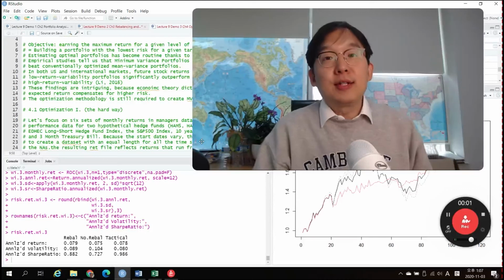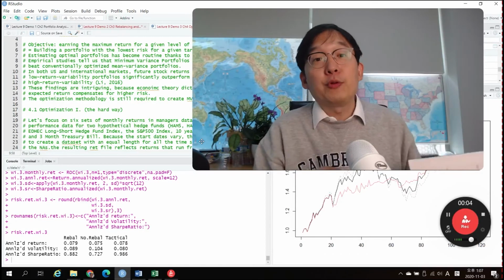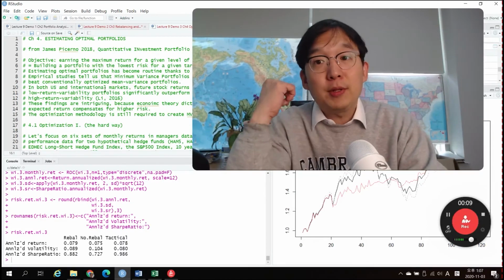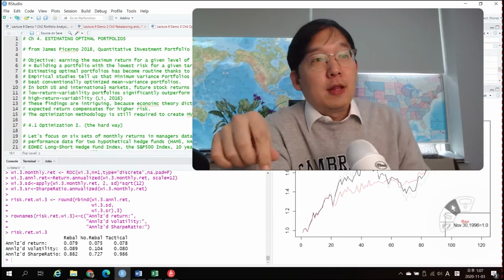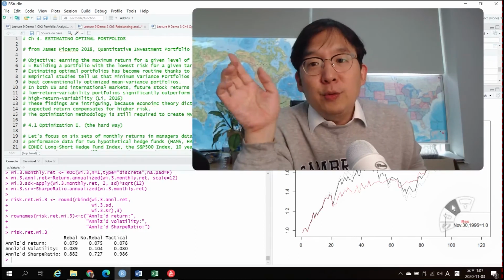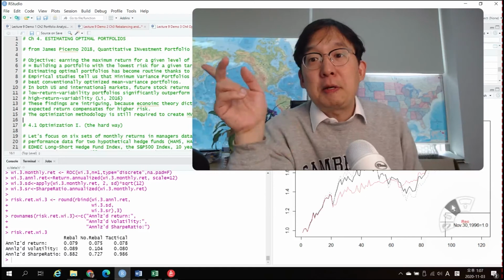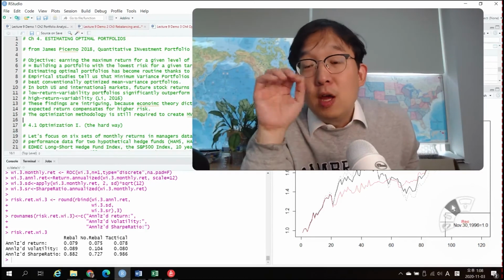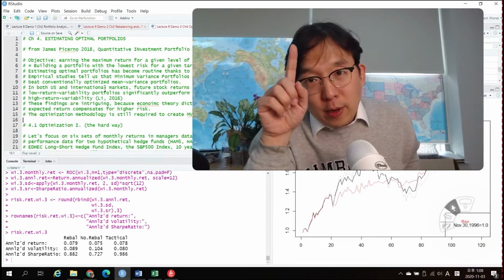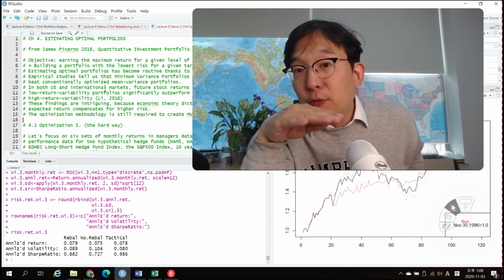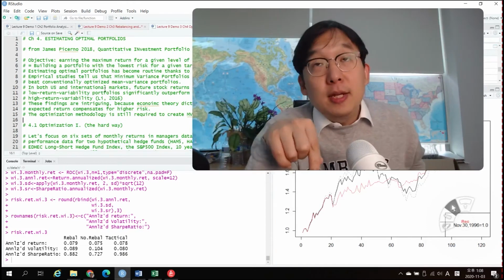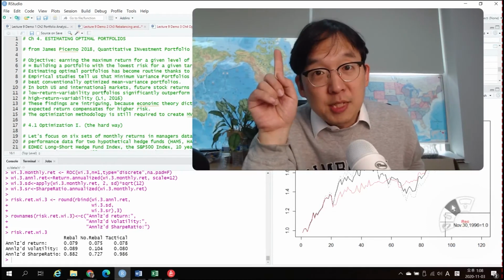Welcome back. Right now we're going to go through chapter 4 of this book, which is about estimating optimal portfolios. You can think about that as CAPM, right? Before that, you formed the efficient portfolio. Remember that umbrella-like graph, where you plot every possible portfolio, where the x-axis is the portfolio's risk,